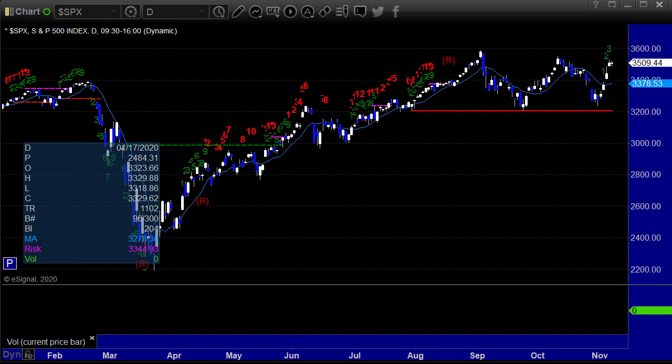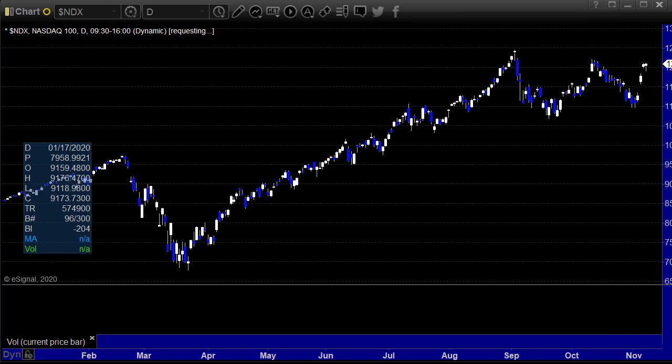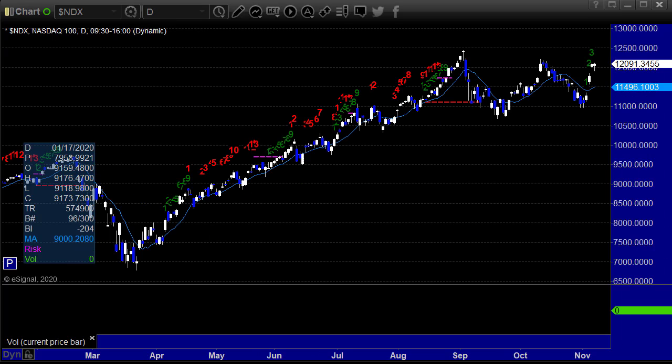The S&P cash loses 1 point on Friday. 1 point. But you can see for the week we were definitely up, and we'll look at the intra-day action for the week in a few minutes. But it was a strong week for the S&P, and also a big one for the NASDAQ. Here's the NASDAQ 100, which was up 13 points on Friday, but had some bigger days earlier in the week, particularly Wednesday after the election, and then Thursday following through.